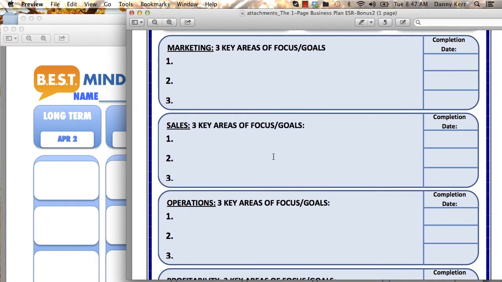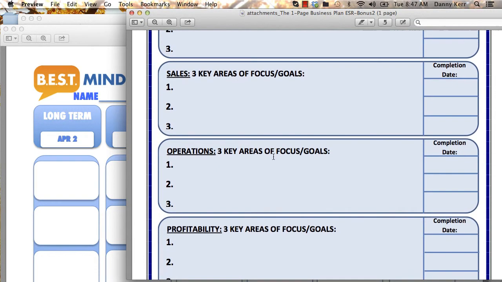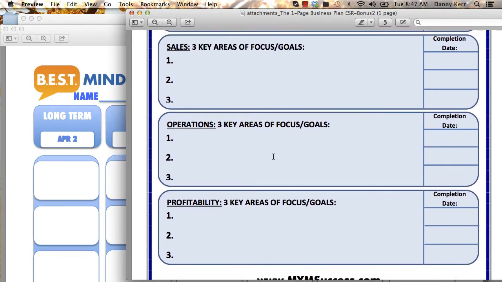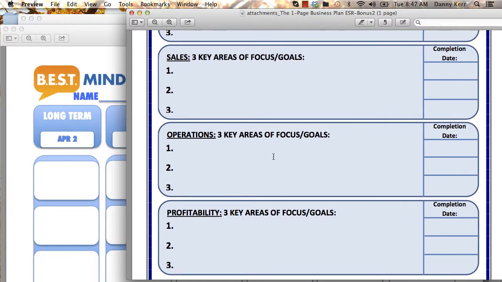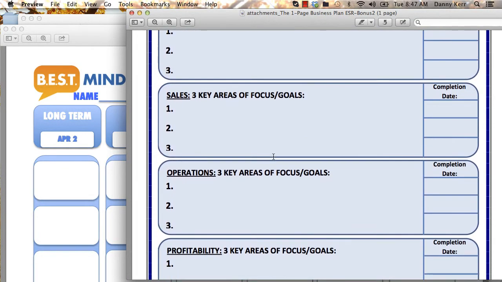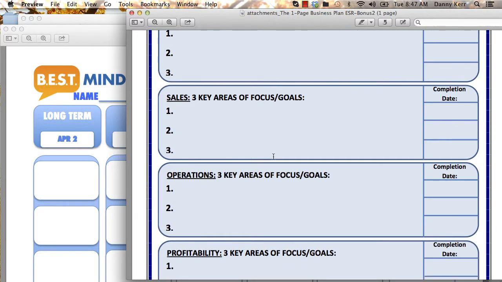And to be very truthful with you, there's really only 4. A lot of people like to make these big, long things that they can give to banks and get funding for and all these different things. Really, at the end of the day, all you need in your plan is these 4 categories: marketing, sales, operations,